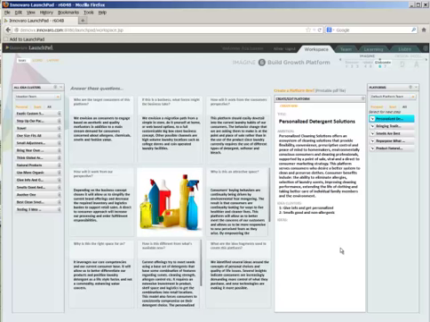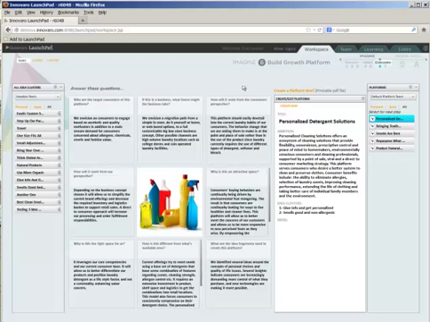So part of what we realized as we put those together and went through the ideas and the idea clusters was that there was an opportunity for a personalized detergent solution. And what we really talked about here is the target consumers, what forms the business would take, and its migration paths from a simple in-store, do-it-yourself at home or web-based option to a full customizable option. And you can see there's a whole set of questions and answers in here. And these questions, again, are all tailorable to the team. And you can build as many of these platforms as you want and take them forward.